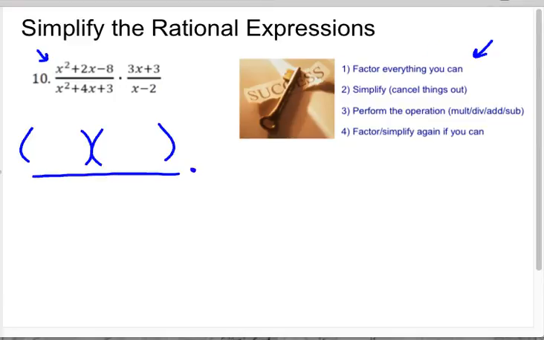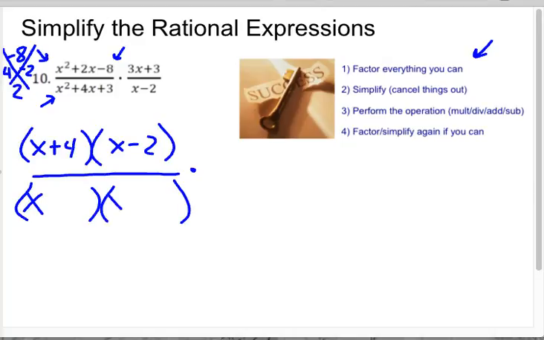Factors of -8 that add up to 2. Well, it's 4 and 2, but which one's negative? Well, it'd have to be a -2. 4 times -2 is -8, but when I add them up, I get +2. So that's x plus 4 and x minus 2. That's this first trinomial on top in our numerator. Our denominator, we'll put right here,